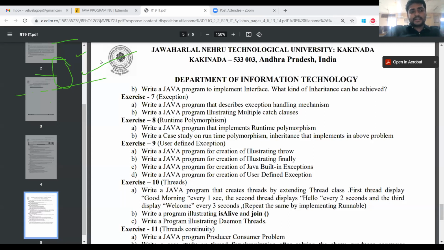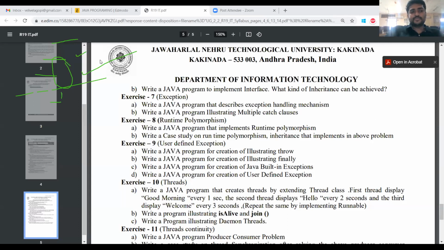Next I am defining the class SBI. This is the program to print the interest rate for each bank: SBI, ICICI Bank, Axis Bank. The three banks have different interest rates. The aim of this program is to print different interest rates for different banks.